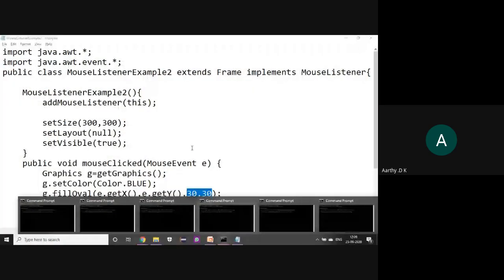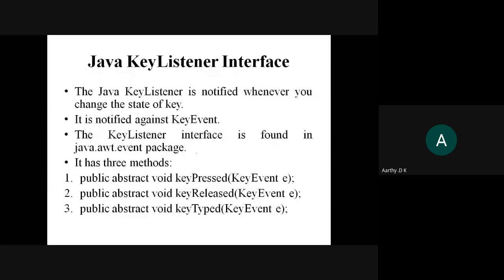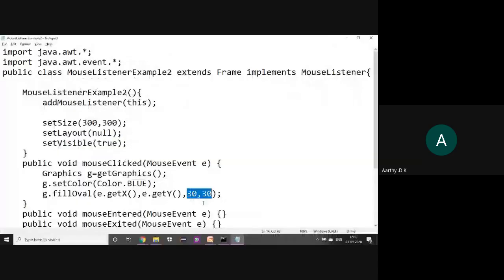And the next one is about the keyboard. Whether the key is pressed, the key is released, or the key is typed. These are the different kinds of events that can happen. I can press the key, release the key, or type something. These are handled by the key event class. You have to create an object for it, and these are the handlers that we have. So we'll see our program output for that.